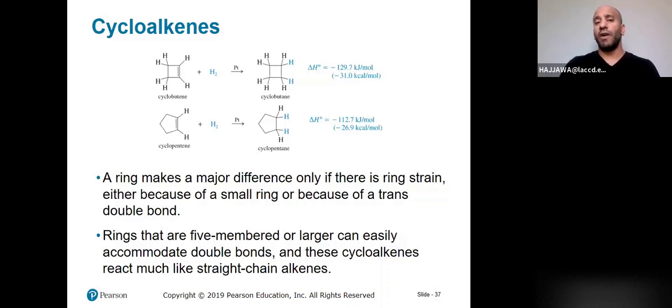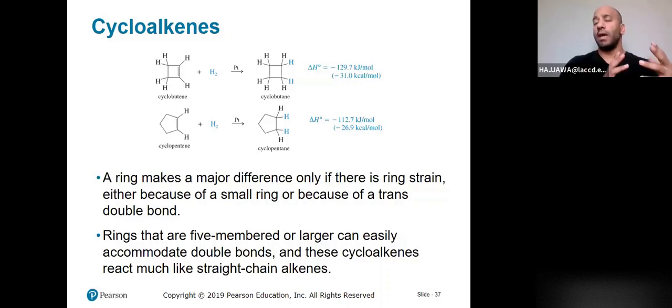In this part of chapter 7, we will be discussing cycloalkenes, their stability, and we will be looking at reactions where we can make alkenes out of an alkyl halide versus alcohols. In this part, we will be discussing E1 versus E2 of those reactions. So starting with the cycloalkenes,